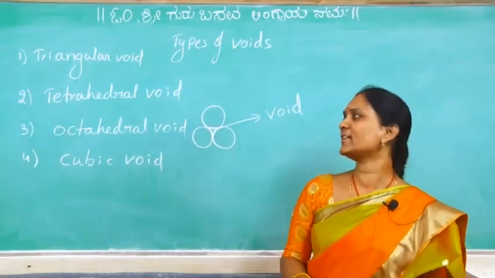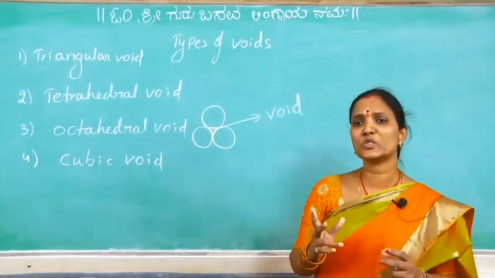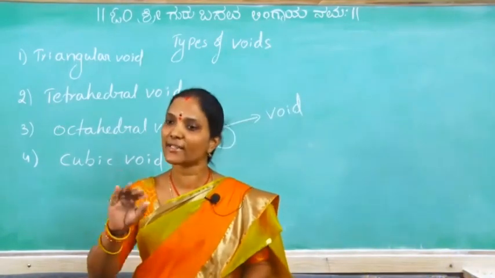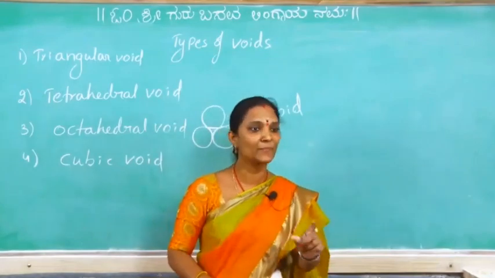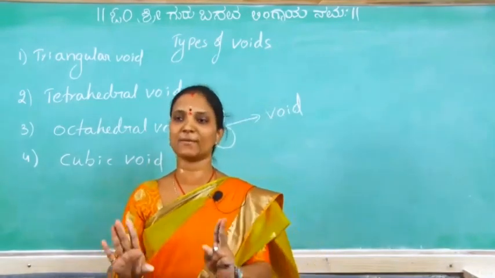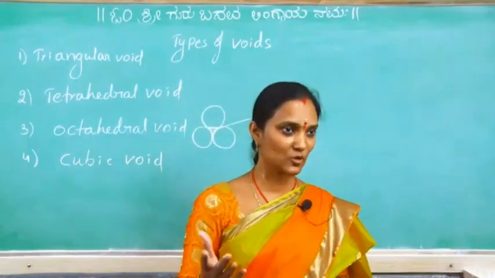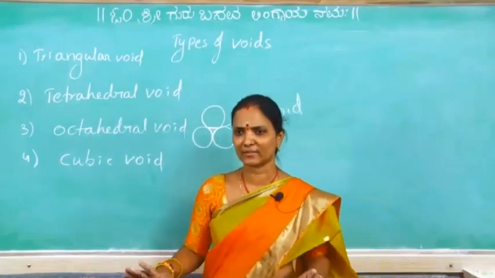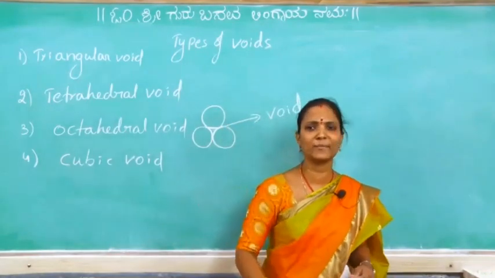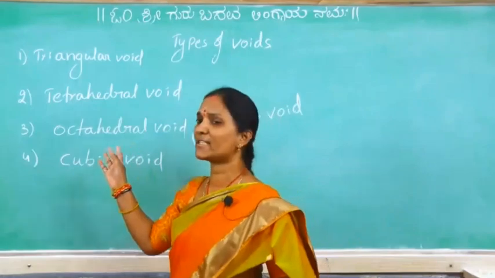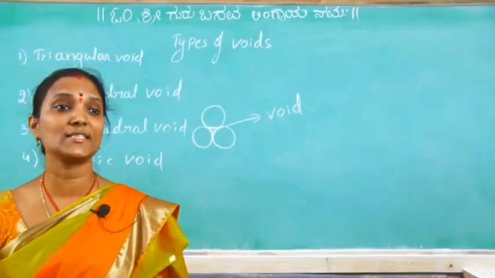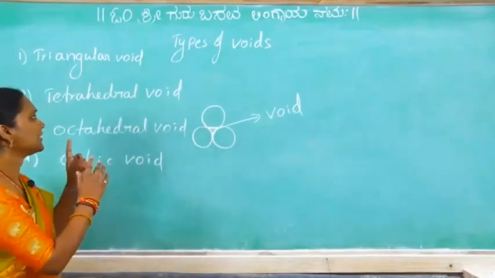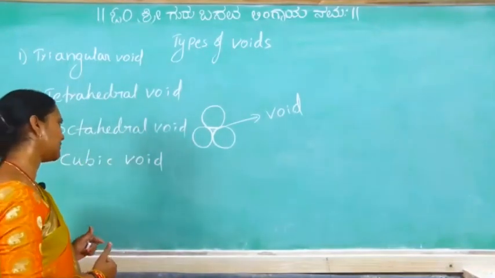Here very important, tetrahedral voids and octahedral voids. These 2 voids are common in CCP and HCP. CCP is nothing but FCC, don't confuse again here, similar. CCP is cubic close packing, and HCP is hexagonal close packing. In these 2 close packings, which voids are common? The answer is both A and B: tetrahedral voids and octahedral voids. So the 4 types of voids are triangular, tetrahedral, octahedral, cubic void.